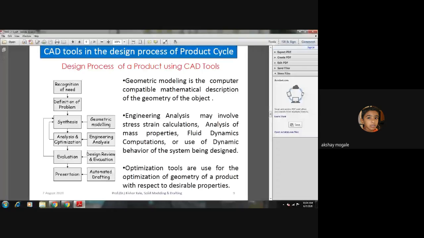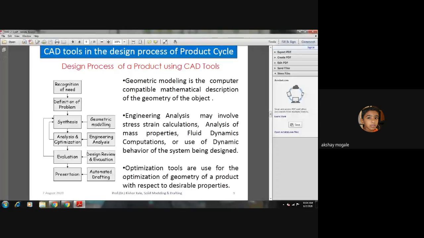Now the second one is engineering analysis. It involves stress strain calculations. Yesterday only we discussed what is stress strain. Analysis of mass properties, fluid dynamics computation, and the dynamic behavior of the system being designed.